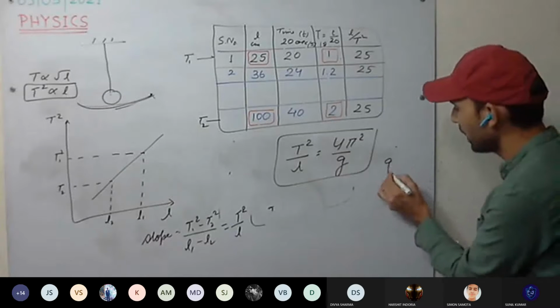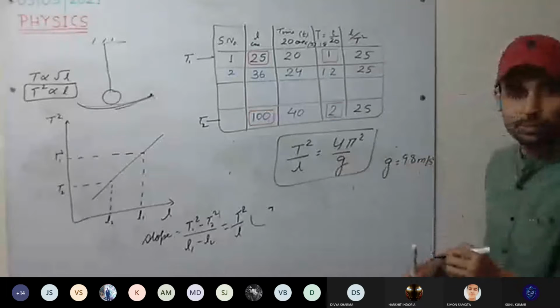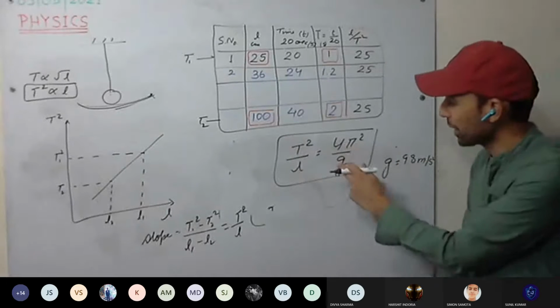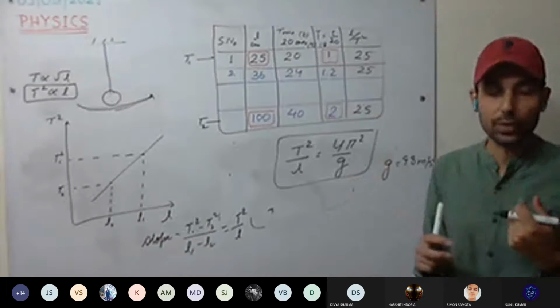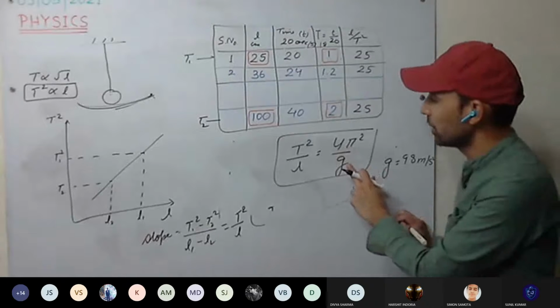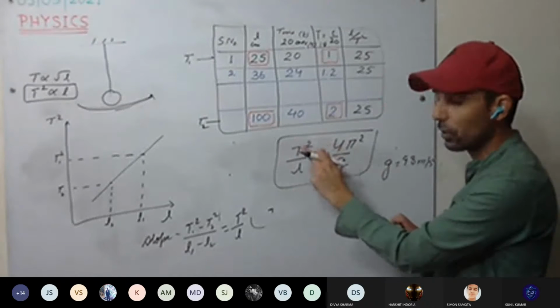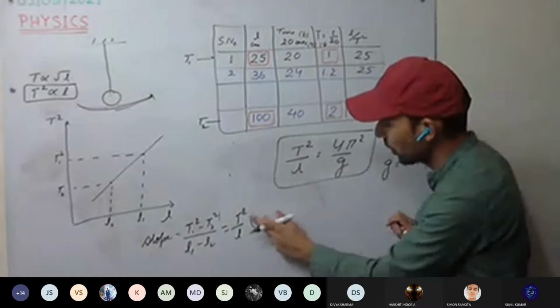The g value, mainly we take it as 9.8 meter per second square. We'll be discussing in detail in the next lecture, and then we will be back here to g. So from place to place, acceleration due to gravity varies. At a particular place, it will be constant. It means this will be constant for a particular place.